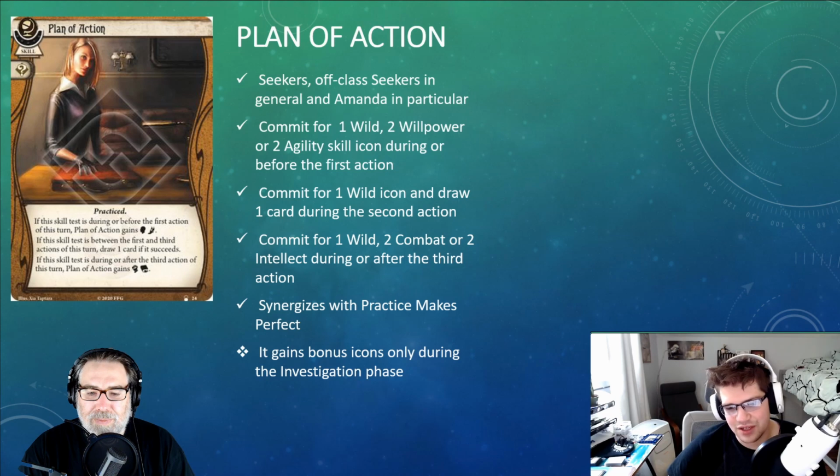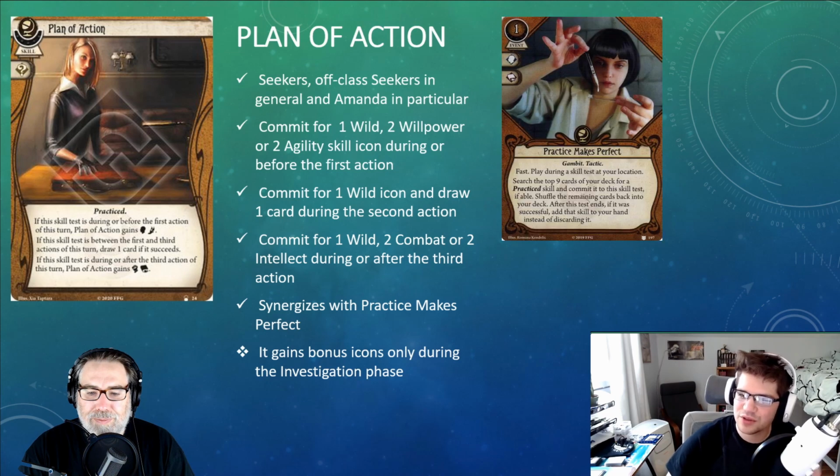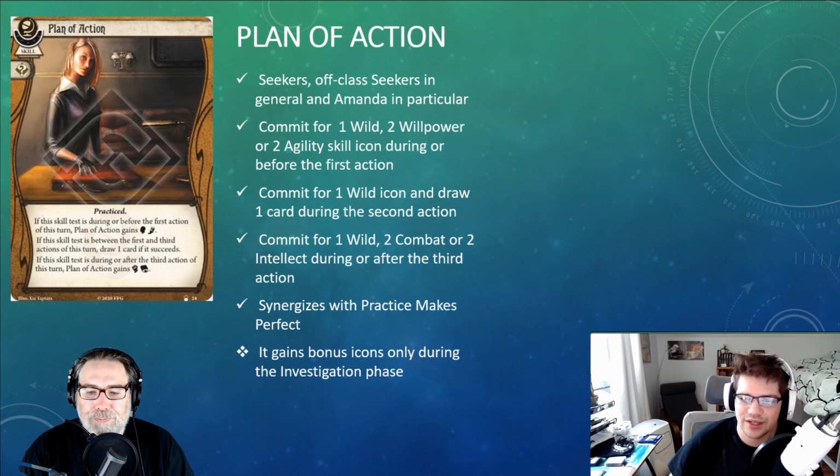Because Amanda can take it, and if you're playing Practice Makes Perfect, it's not a bad card. If this is what you find, just figuring out the icons and what abilities it has is going to be a bit of a headache when you play it. So it's not bad. How does it work in Amanda when you're, because to me,